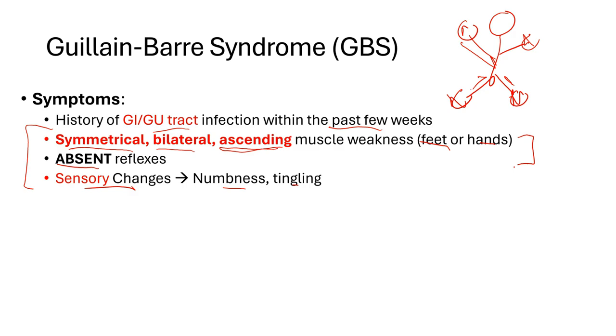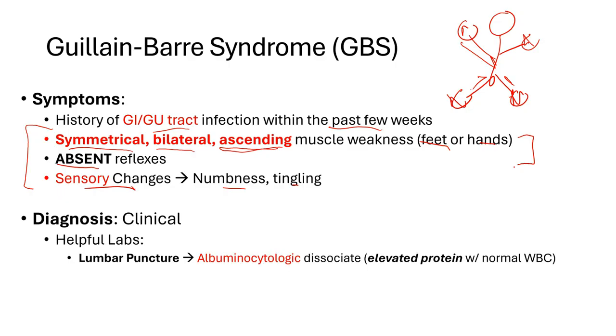Understand that for test day. Now, the diagnosis is typically clinical, but it is important to know what we may see in some images or studies, as this will typically either be given to you in a test question or sometimes be asked for you to interpret. One of these will be your lumbar puncture, which you'll see albuminocytologic dissociation, a fancy way of saying elevated